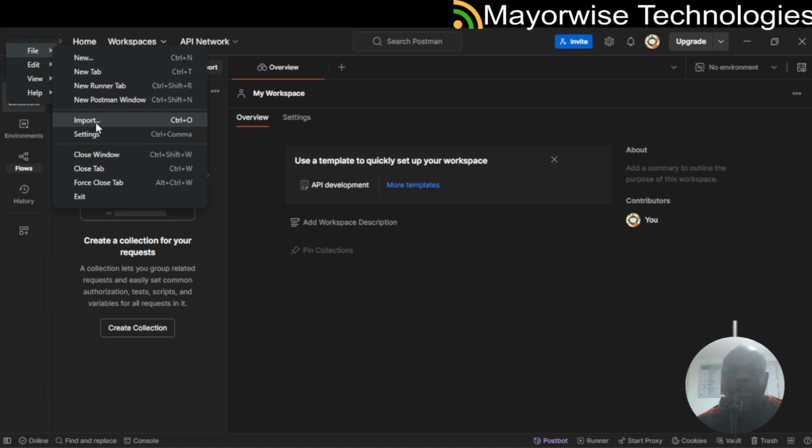I signed in because I have an account, so it's good to create an account. Anywhere you are, you can always import your existing collections into your current Postman environment. So you don't have to go through repeating everything from scratch. Here we have